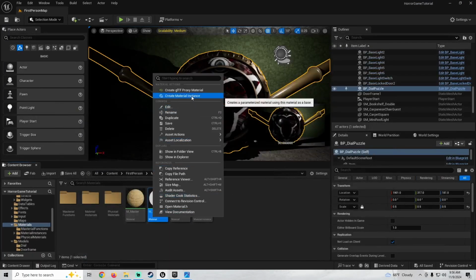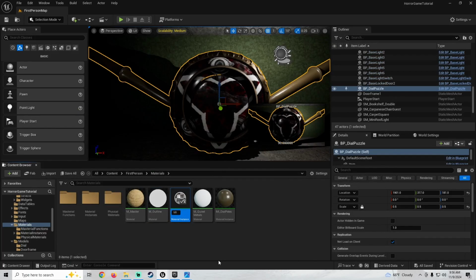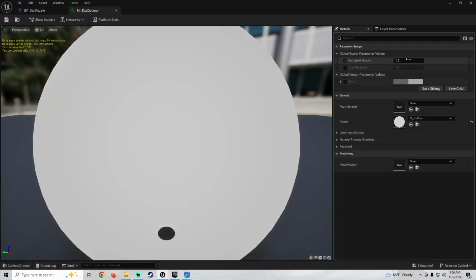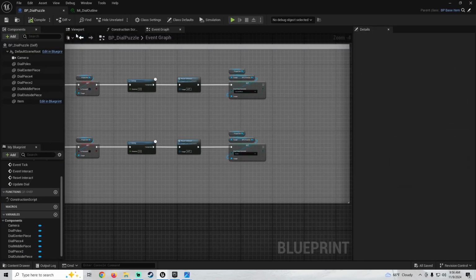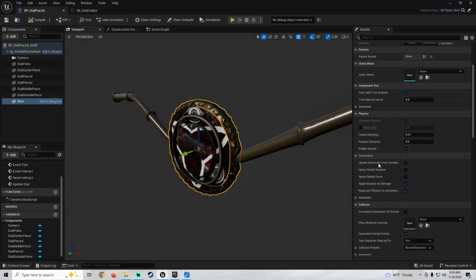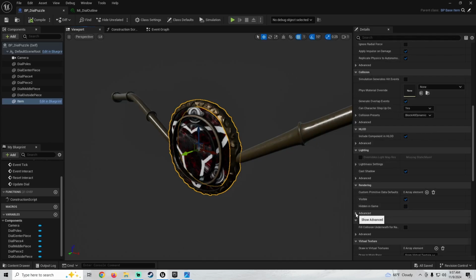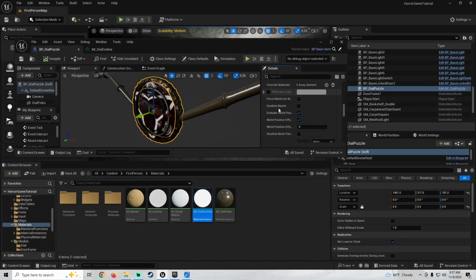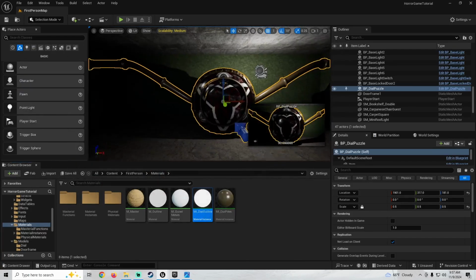So if we right click on this and create a material instance and call this m underscore dial outline, we can come in here and change our parameters. Emissive intensity, I'll set this to 5 for now. And if we come into our dial puzzle and click on any piece, I'll click on this outside piece to demonstrate. We go down to rendering advanced right here. We have this overlay material that we can set, so we're basically just going to be changing this overlay material out. So if we throw that guy on there,